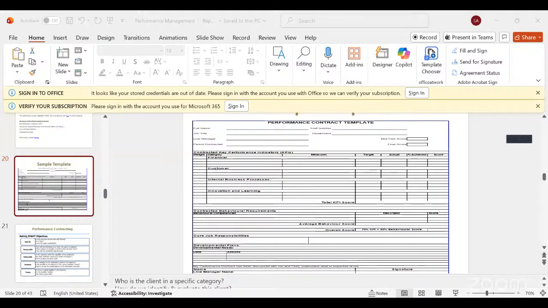Okay, so I've extracted it into a Word version, and in the performance contract, of course, you have the details of the employee: the name, the staff number, job title, department, line manager, period contracted, and then this is a field one, so we have actually the score. But